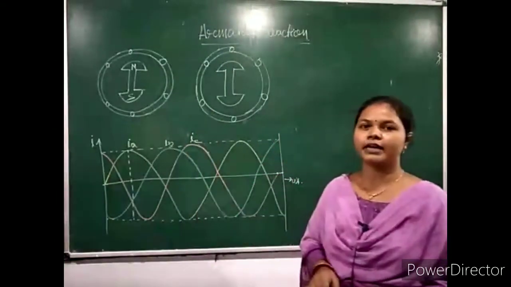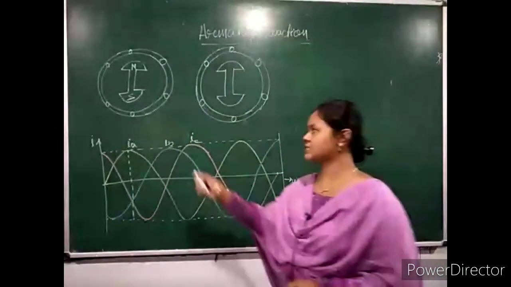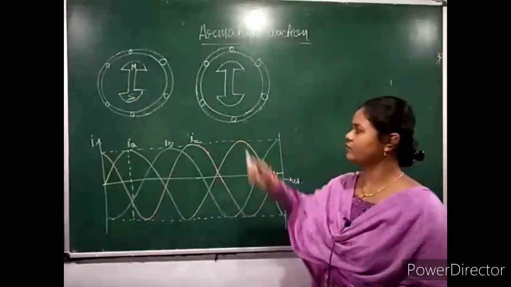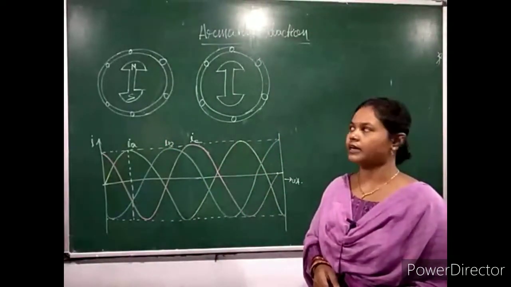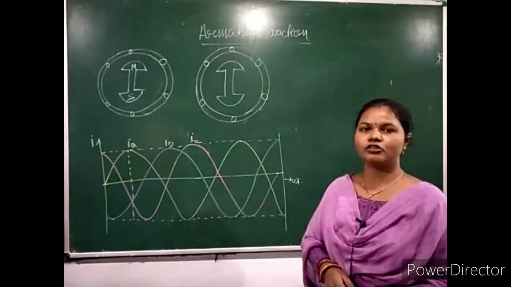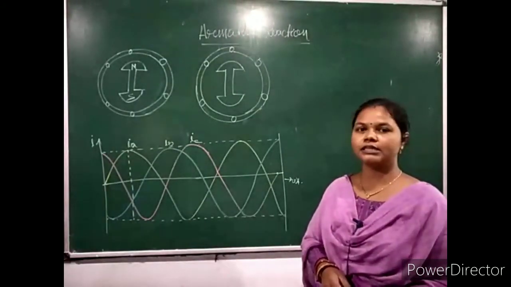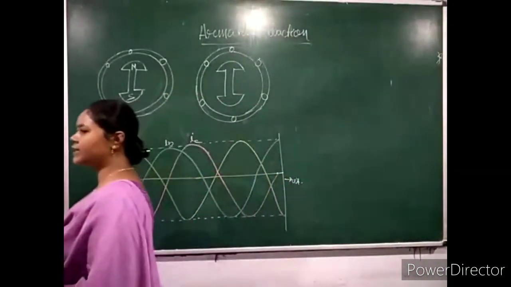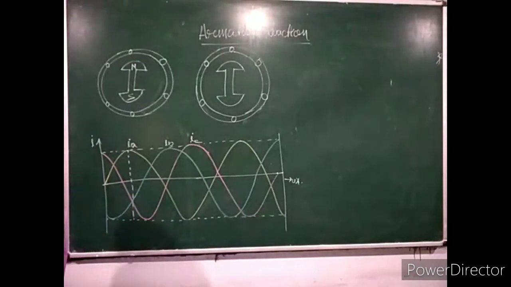So here I have taken the same example twice. The first machine is the alternator which is unloaded, and the second one is the loaded one. Here I take the example of a three-phase alternator having two poles, and the pole is of salient pole type. So when the alternator is unloaded,